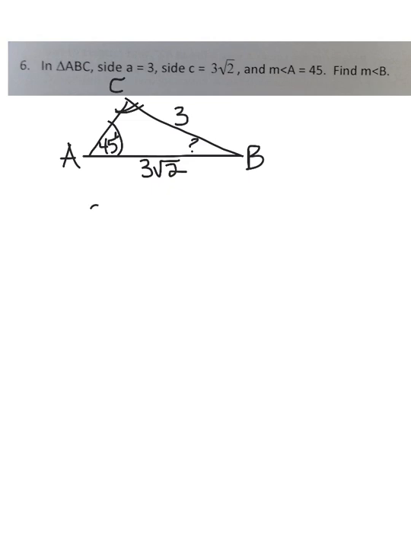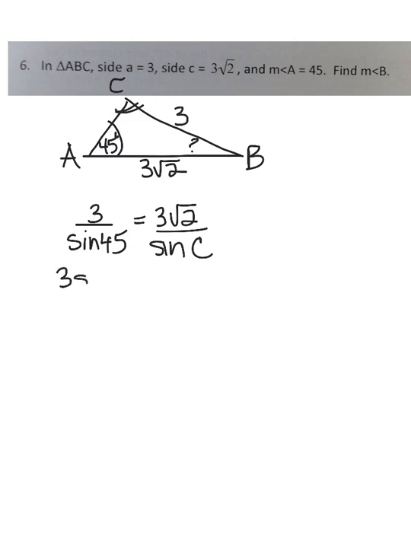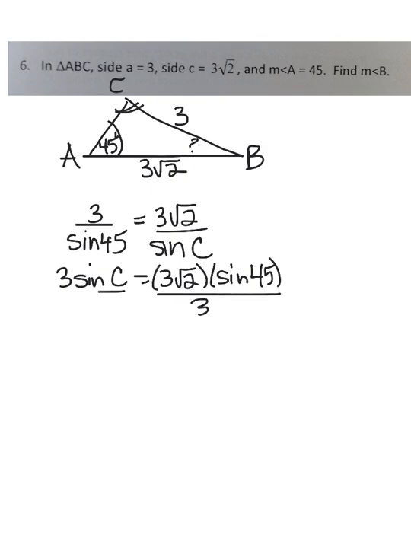All right, so that's going to be 3 over the sine of 45 equals 3 radical 2 over the sine of C. All right, so let's cross multiply. So 3 times the sine of C is equal to 3 radical 2 times the sine of 45. And then we're going to take that and divide everything by 3, right? So that's going to give me sine C equals, and then when I multiply everything I have right here,